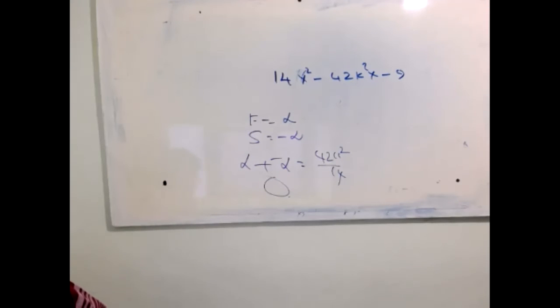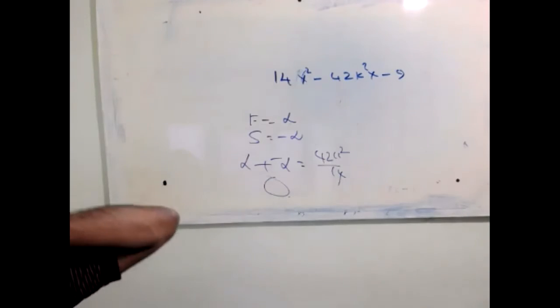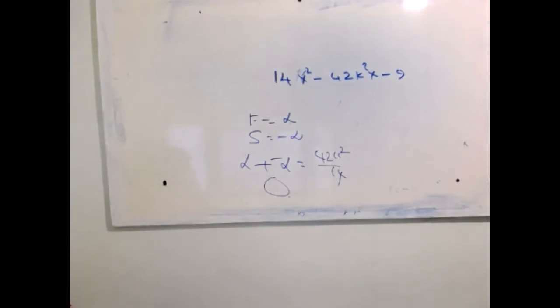Is it clear now? Okay. My question: in a quadratic polynomial, maximum how many zeros? 2. What is the shape of the graph? Parabola. How do we come to know whether it opens up or opens down? It depends on a. If a is greater than 0, it opens up. If a is less than 0, it opens down.